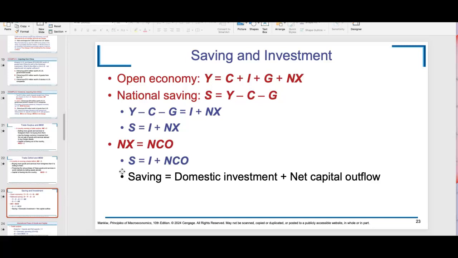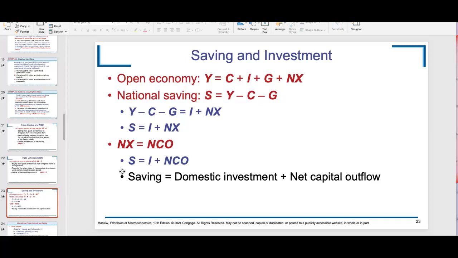Will equal the total income minus consumption minus government spending. That's our national savings, right? So we're not making the distinction between private and public, but the whole country's savings. We can also say that our total expenditure minus consumption minus government spending equals